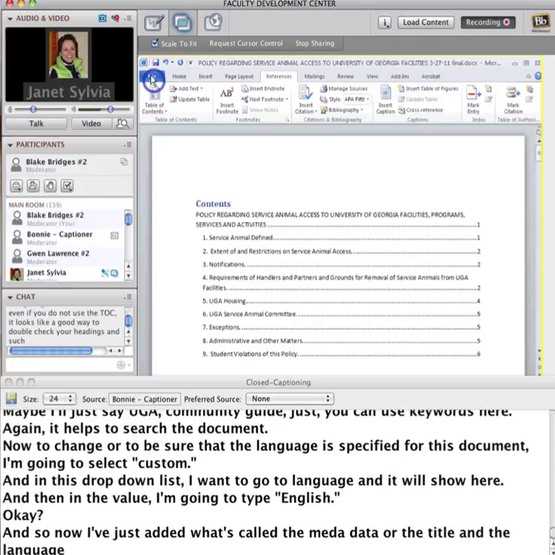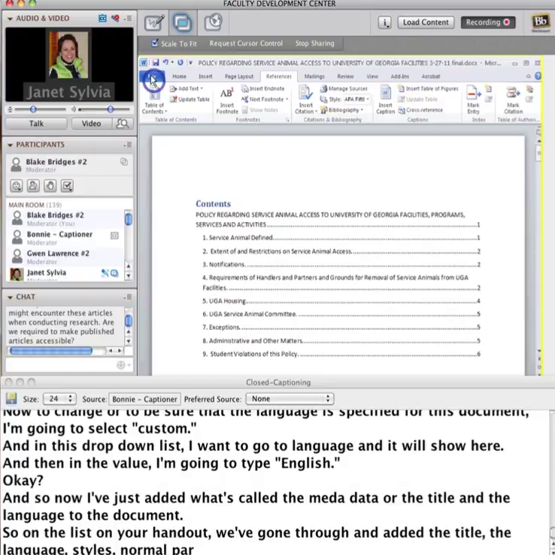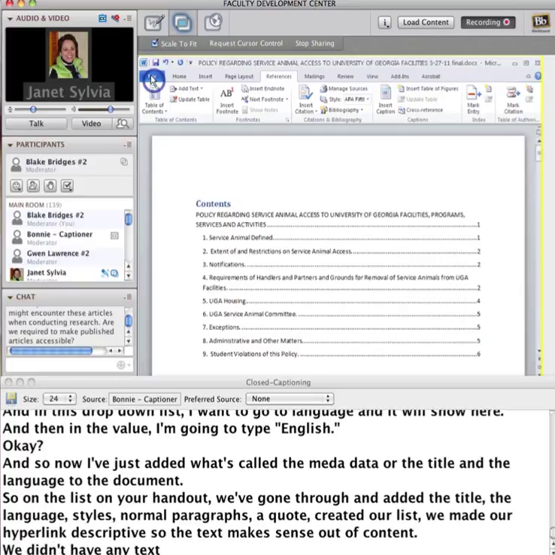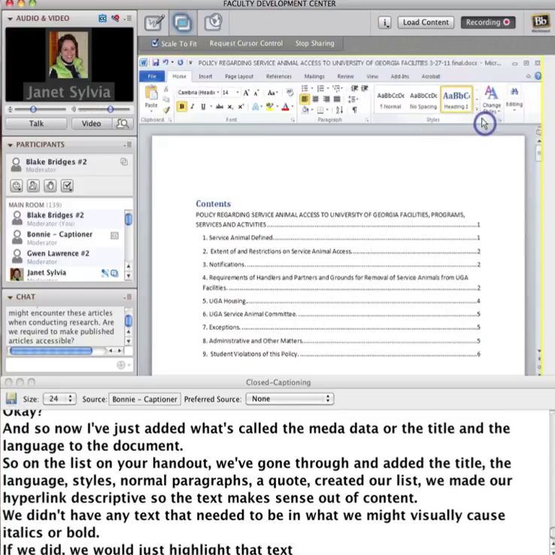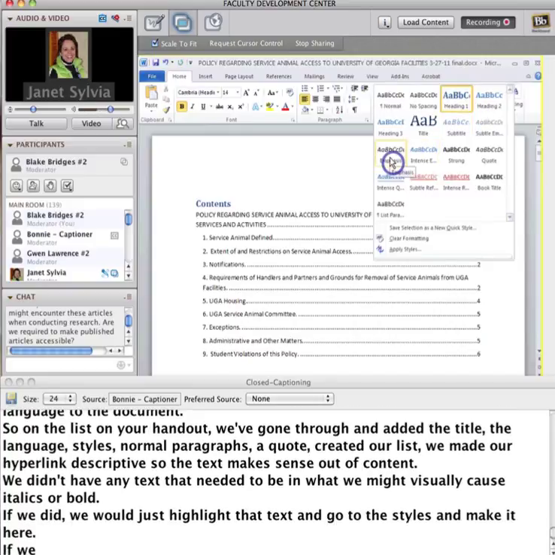So on the list on your handout, we've gone through, we've added the title, the language, styles, normal paragraphs, a quote, created our list. We made our hyperlink descriptive so the text makes sense out of context. We didn't have any text that needed to be in what we might visually call italics or bold. If we did, we would just highlight that text and go to the styles and make it here. If we had text that needed to be in italics, it would be called emphasis, and bold would be